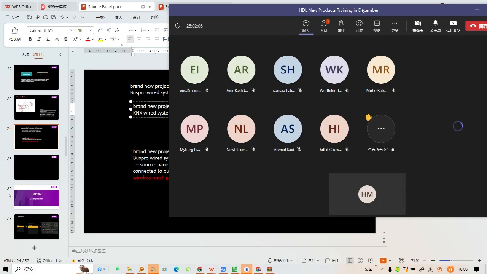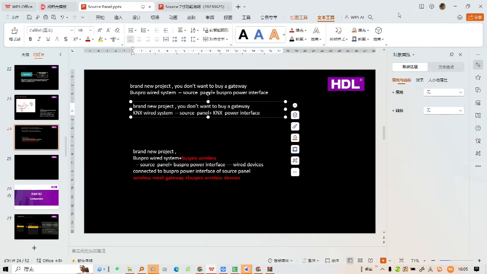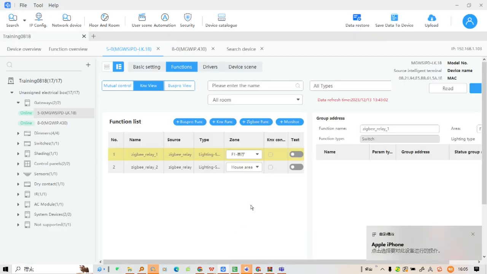Okay, guys. So that's very easy, right? You guys are very smart, so no question about this part. Then we can move to talk about its configuration. It's also very easy. Just you have to log in